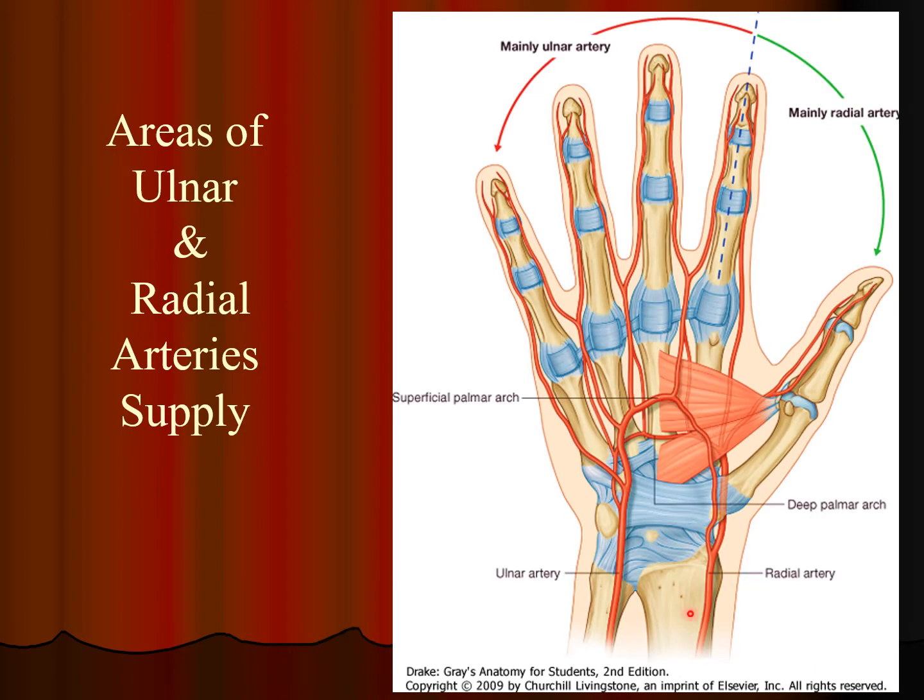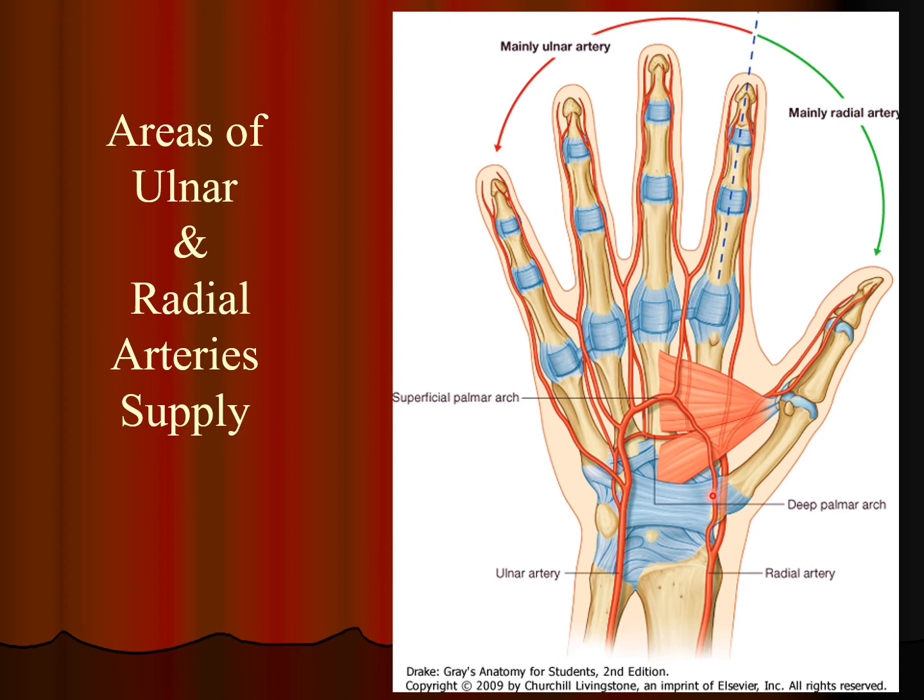So here we can see the terminal branches of the radial and ulnar. This is the area of the wrist. This radial artery is the area where we will palpate the artery, because it lies directly over the bone as compared to the ulnar, which is a little bit deeper. And you can see this radial artery is divisible into two terminal branches, one superficial and one deep, and the same way the ulnar is superficial and deep.